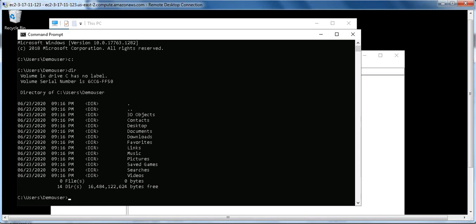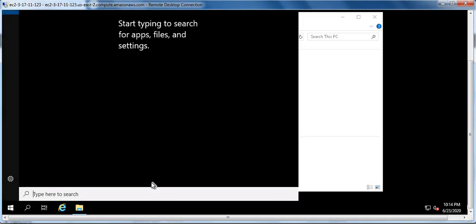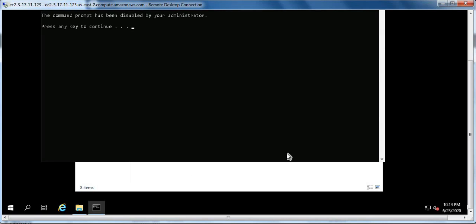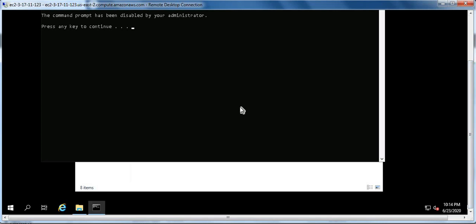So I'm going to log off. Guys, I re-logged in. Let's see the command prompt now. Is it opening or not? CMD, enter. See, it's giving an error: the command prompt has been disabled by your administrator. This is what we wanted.